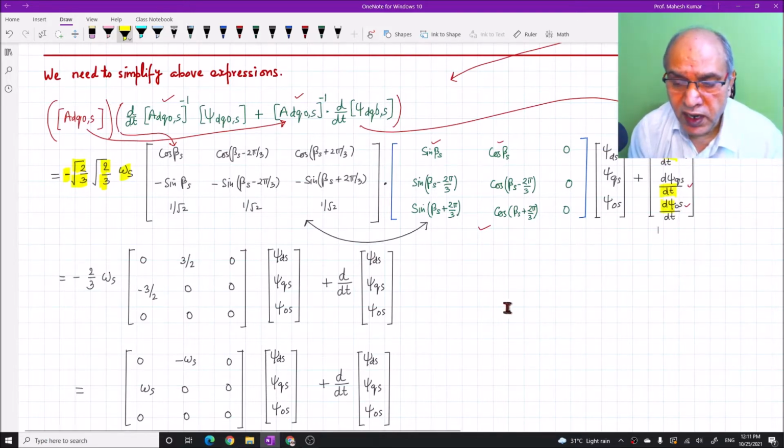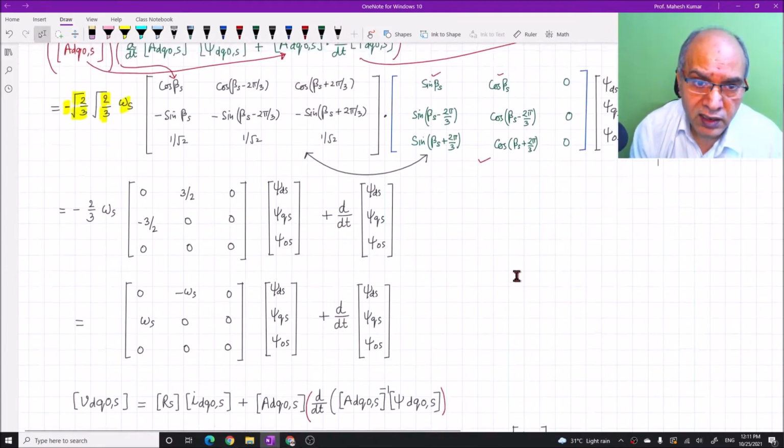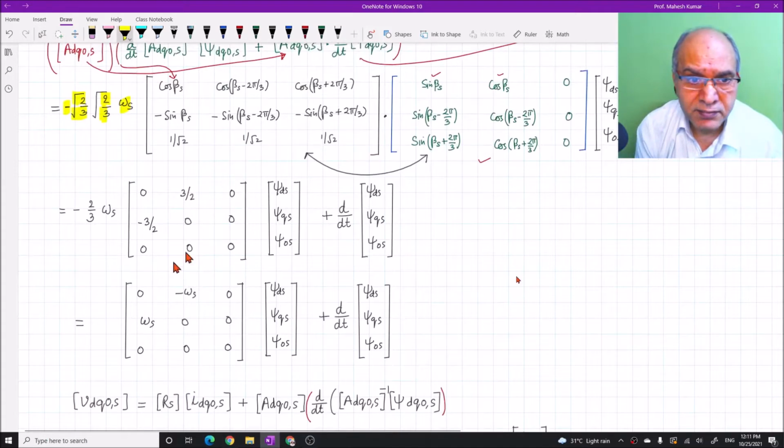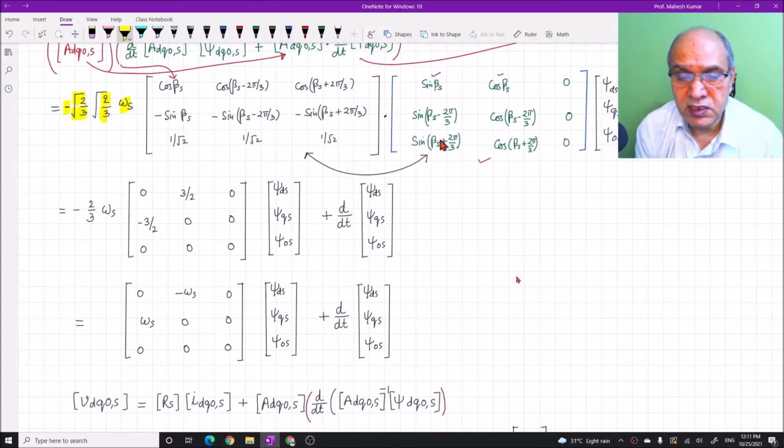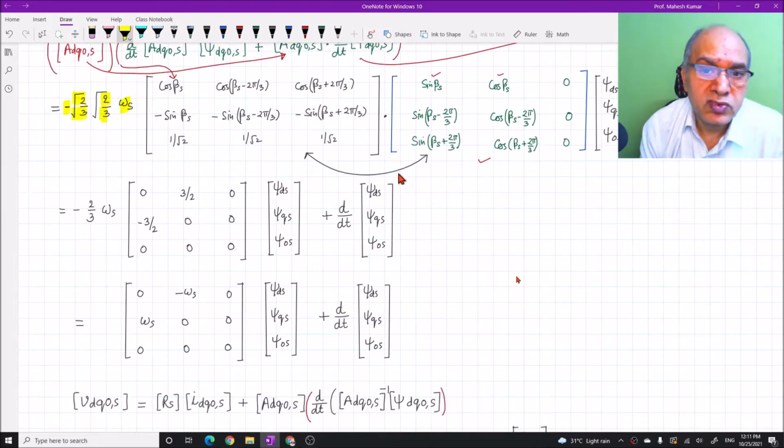So if we multiply these two matrices, we will get this result. Again, this is the final result that I have simplified, but you have to try yourself, because this is the multiplication of two matrices which have sine and cos terms. So you need to simplify a lot. I am leaving this to you as an assignment. So if you multiply this, you will get this matrix.